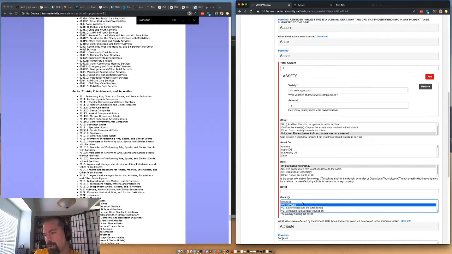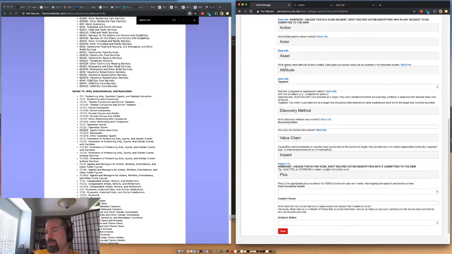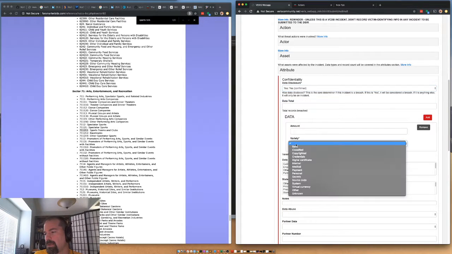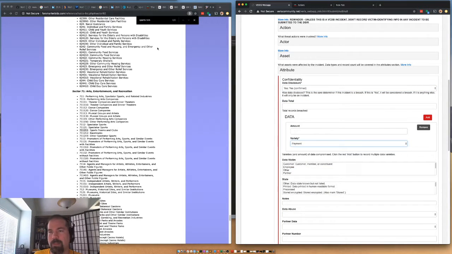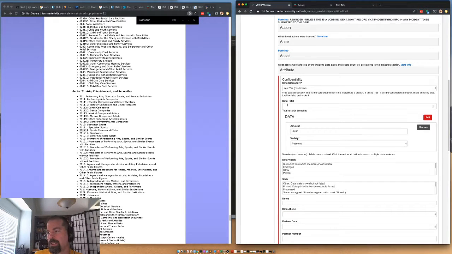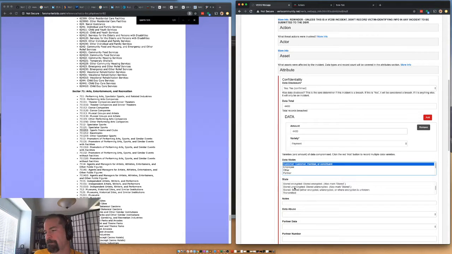Let's go up if I'm going to do that. And then the attribute breached. It's confidentiality. Data disclosed. Yes. I'm going to say payment data. I'm not buying this whole, there were only 250 people there. Payment and personal information, but payment implies personal information. So there's no point in duplicating it. It was customer data.